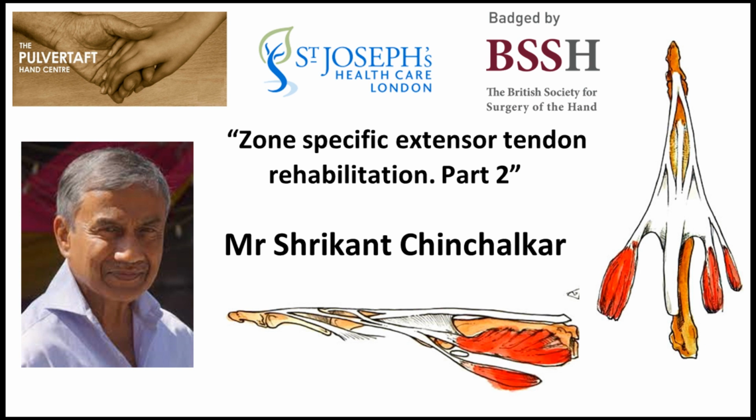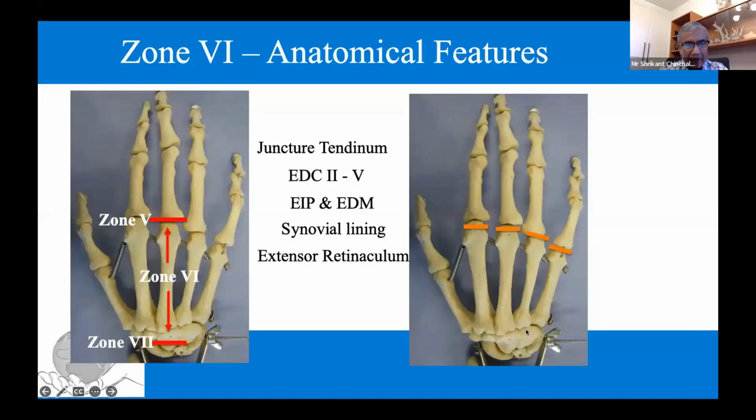So here we are. This is my talk. So if you look at the anatomical features of zone 6, we are aware that we have juncturae tendinum,